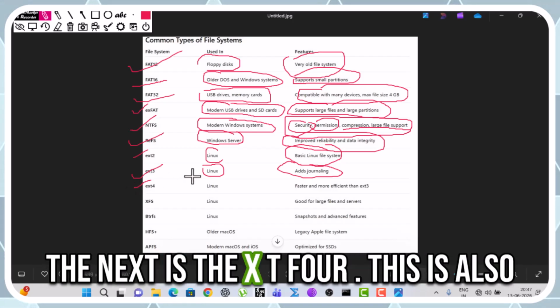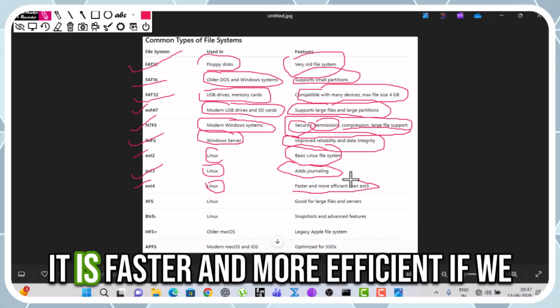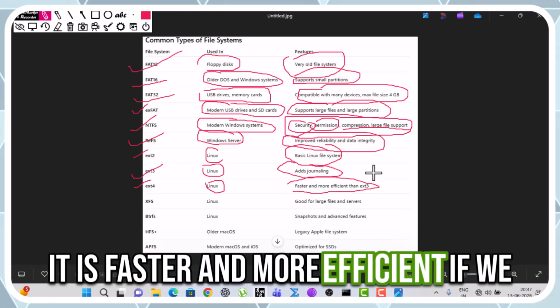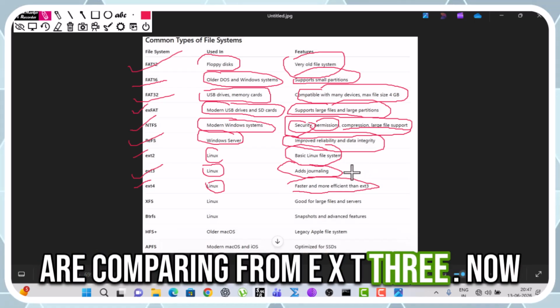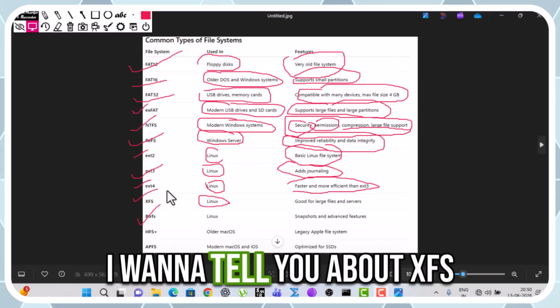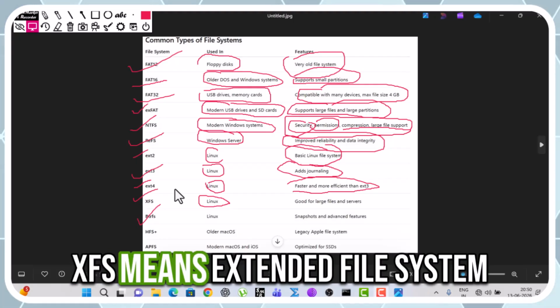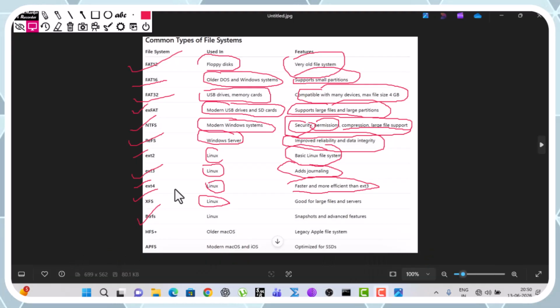The next is ext4. This is also used in the Linux operating system. It is faster and more efficient compared to ext3. Now I want to tell you about XFS. XFS means extended file system.